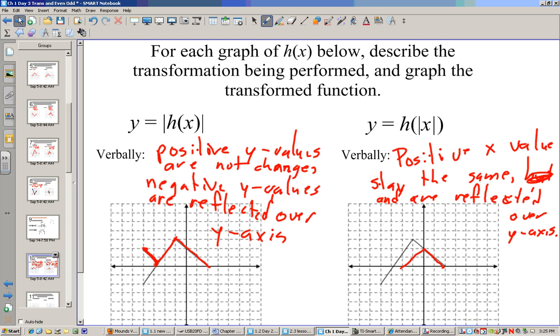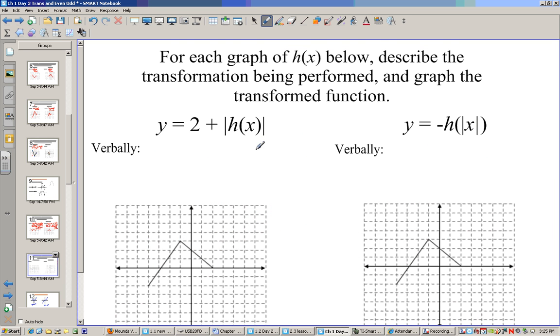There you go. All right, so if I take the absolute value of h of x and then move it up 2,